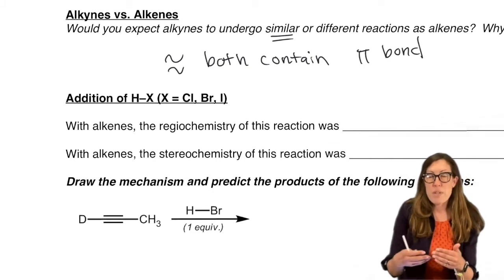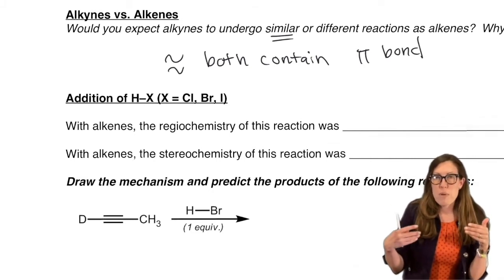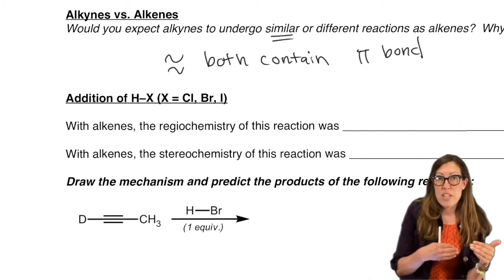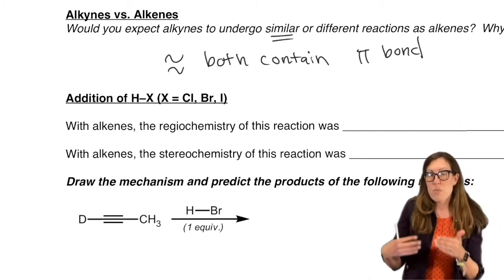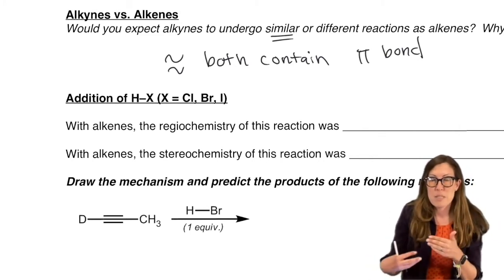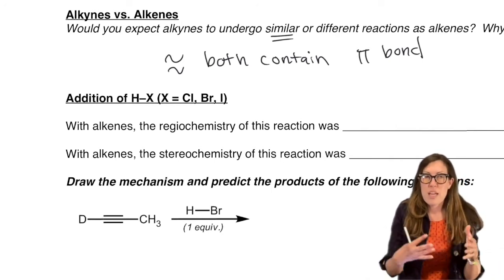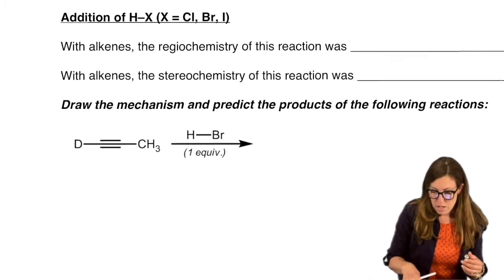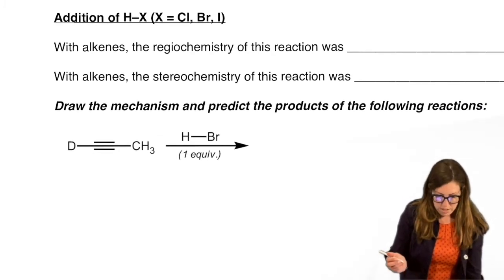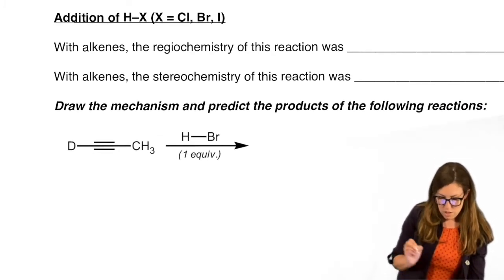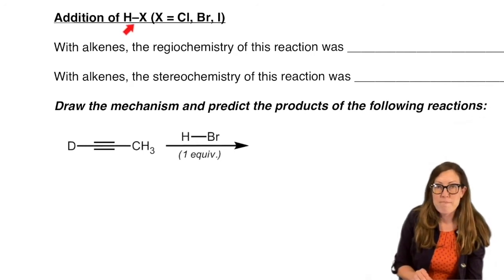So we're going to jump into it, kind of refreshing our memory on what happens with the alkenes with those reagents, and then try to imagine what happens when we add one more step. And that will shorten our mechanisms a little bit, because we're going to take it for granted that we know the alkene mechanism up to a certain point, and then carry on that with the understanding that we have extra reagent. So we'll jump right in with HX.